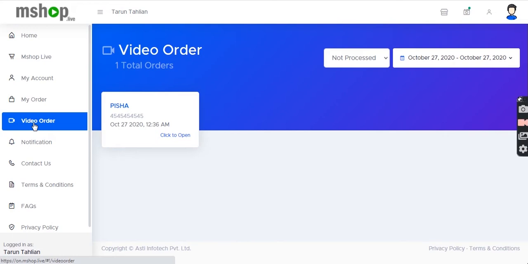So instead of going back with no result, the customer can leave a video order for you. Suppose I visited this shop link at around 10 p.m. but the shopkeeper is not available online. I will get an option, which I will show you in the demonstration, where I can put my basic details like my name and contact number, and leave a video order of what I am looking for. Or if I have something specific to buy, I can leave my order details, such as, can you please deliver so and so items tomorrow morning at my home location.